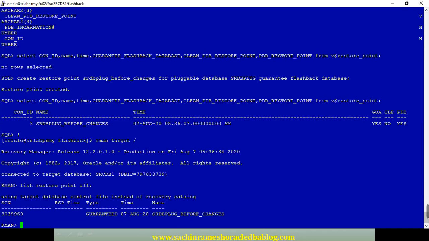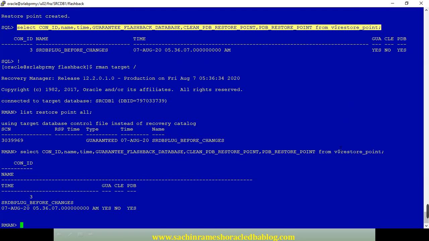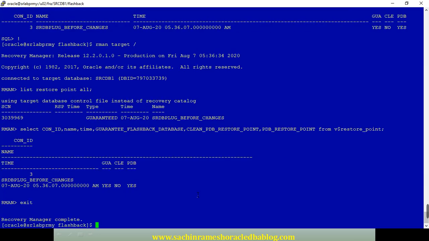It will fetch the restore point details. Okay, so these are the two ways you can find out whether a restore point is there or not in the database. Here we can also include the SCN in this query. You can execute it here. It will fetch. Okay, cool, right?